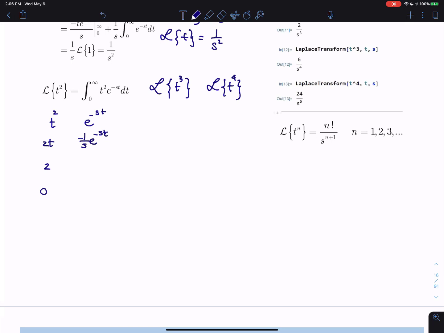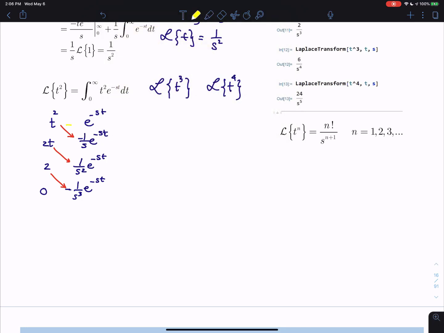I'm hoping that you guys are at this point watching this video and taking notes at the same time, because just watching the video isn't going to cut it. Now let's continue taking the derivative again. So the integral again, you get 1 over s squared e to the minus st. And then you take the integral again, you get minus 1 over s cubed e to the minus st. And of course, we're going to have to diagonally multiply these derivatives and integrals,